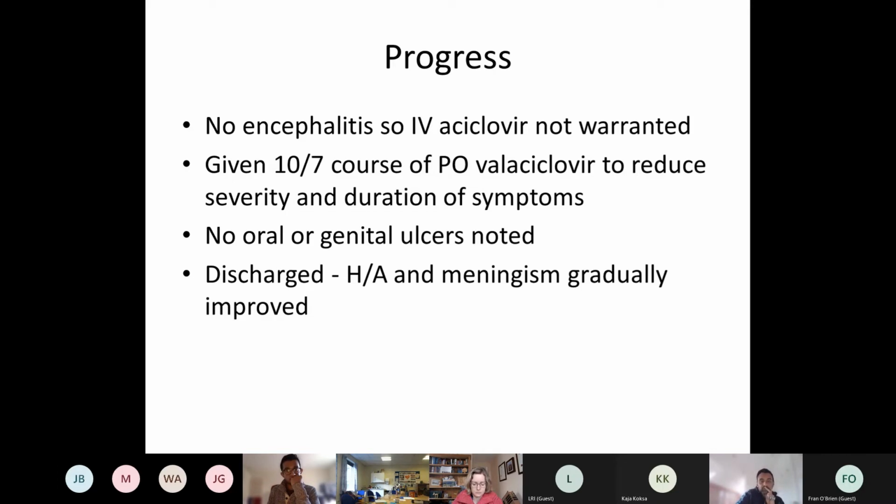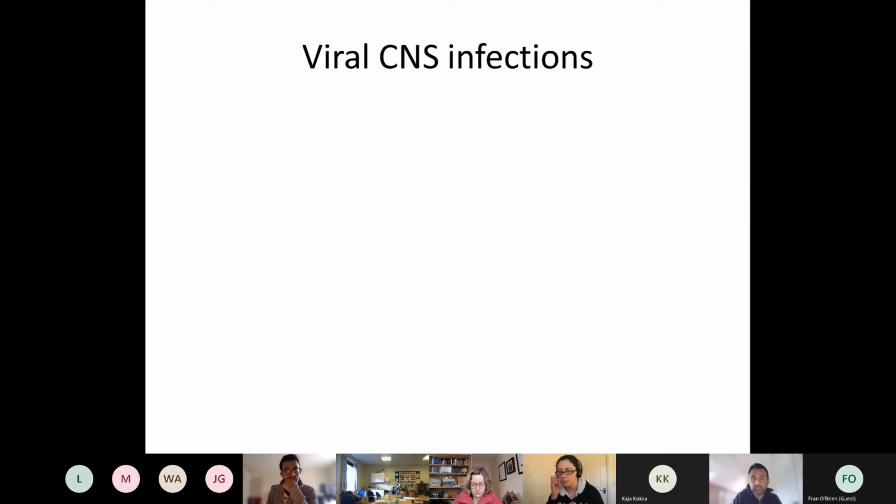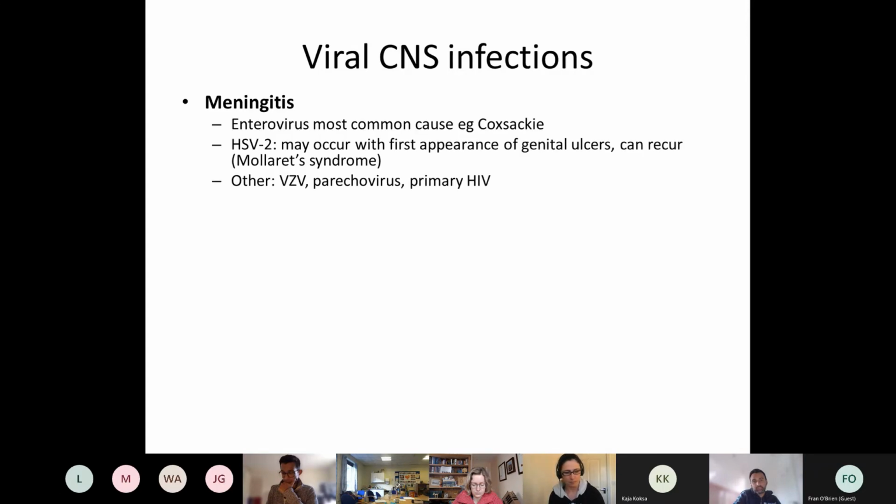So I didn't follow the things that you might do for HSV encephalitis. That's where repeating the LP, MRI, EEG are very much part of the management potentially for HSV1 encephalitis. But because there were no symptoms of brain tissue inflammation, encephalitis, it was really just a meningitis here. We gave treatment, and you could argue that maybe carrying on the treatment at the beginning would have helped her symptoms or not.